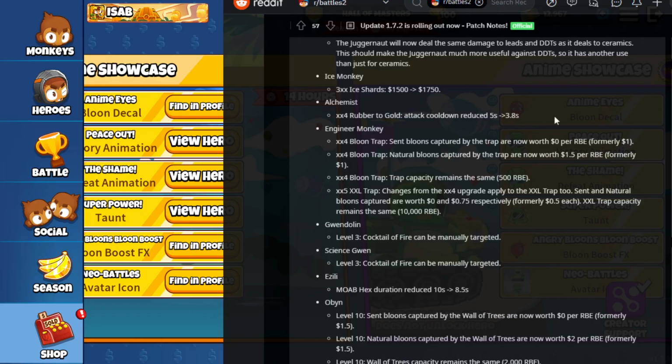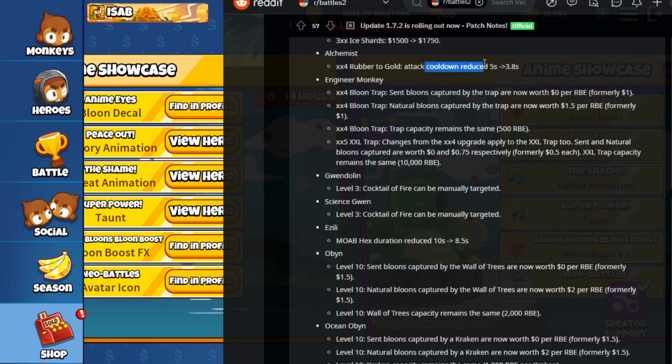Also, it'd be... Yeah, that's it. I don't know. We'll see, but probably not gonna make a difference. This one's huge though. Engineer Monkey, they killed it basically. So in summary, you don't make money from player sent balloons anymore, only the AI balloons, which is 1.5